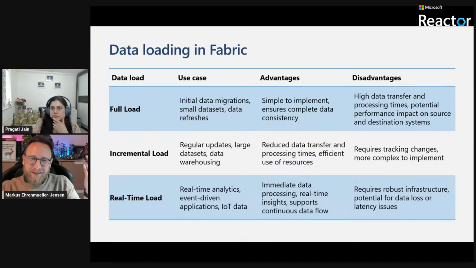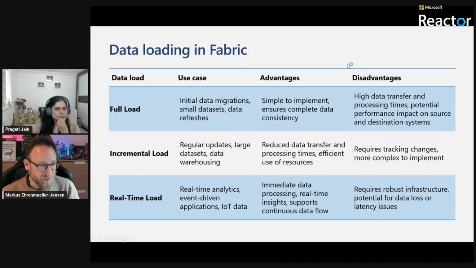If we jump back to the batch processing, then we can either decide on a full load or an incremental load. And my first goal is always full load, right? Because that's the easiest. So if your environment allows to load everything every time, to purge everything you have and reload it again, that's the simplest pattern you can have. And if the resources and the size, everything allows for it, then go for it.